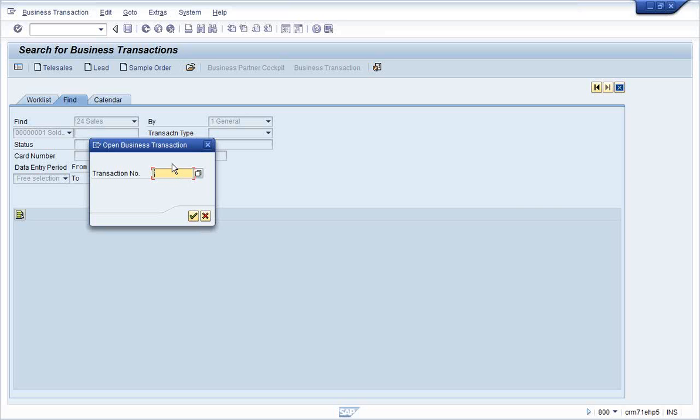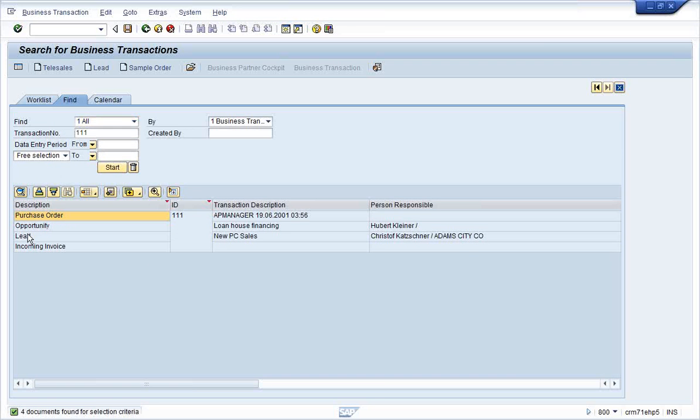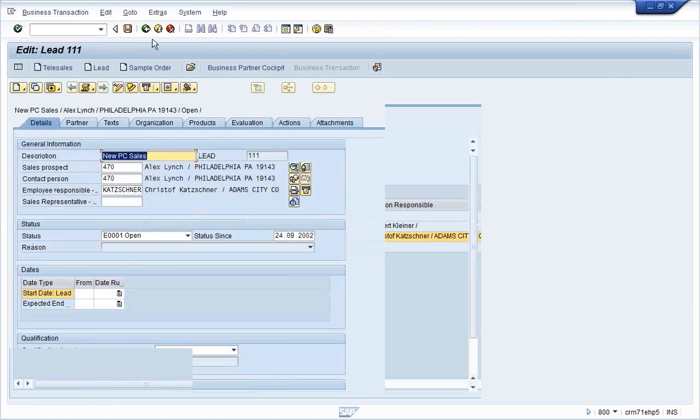For example, I have opened a document here with the name 111. I can go to the change mode.